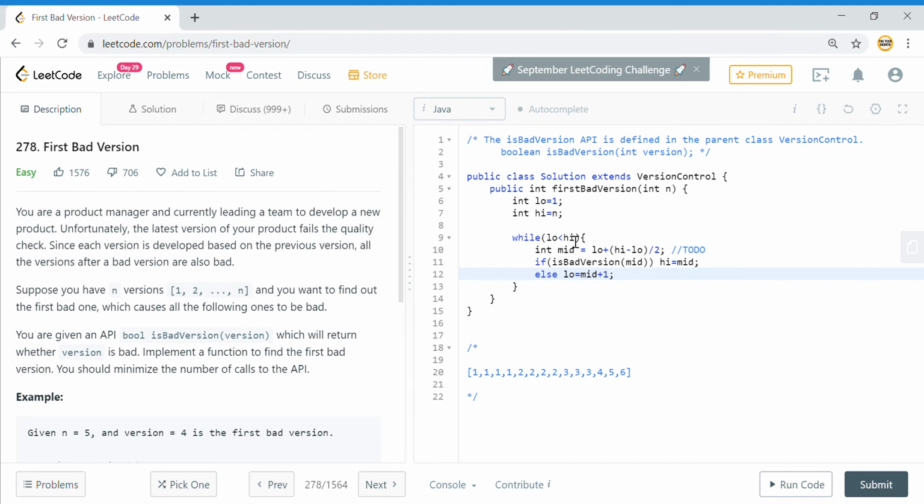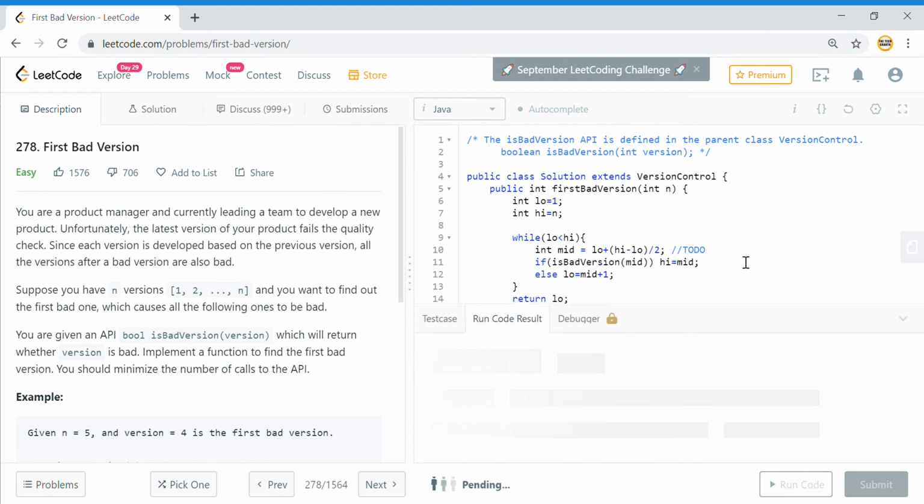This is what we will do, and we will finally return low. So low is the first occurrence of this 2 here, or the first occurrence of the bad version that happened.